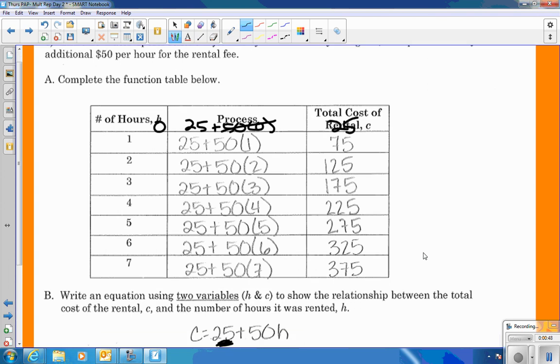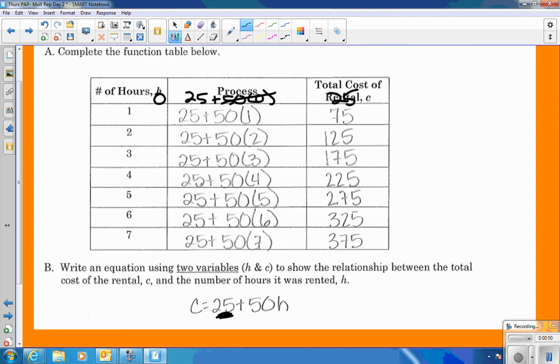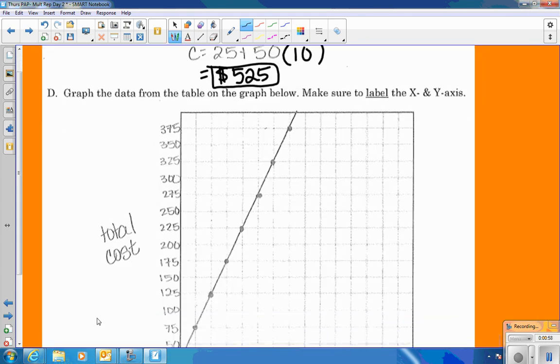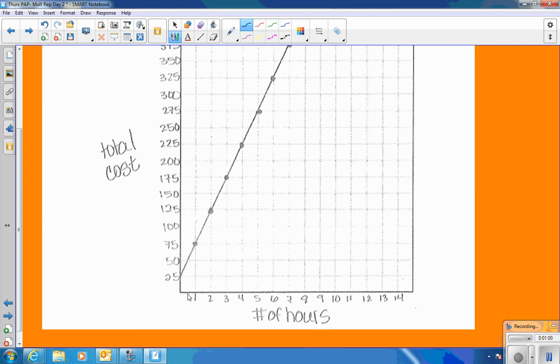Number 3 from your homework, however, is a little bit different. Notice this plus part right here. Anytime something is added to the equation, it changes where the graph starts. For example, here's our graph from number 3 on our homework. This one starts at 25. Although it makes a straight line, because it does not start at 0, 0, it is a